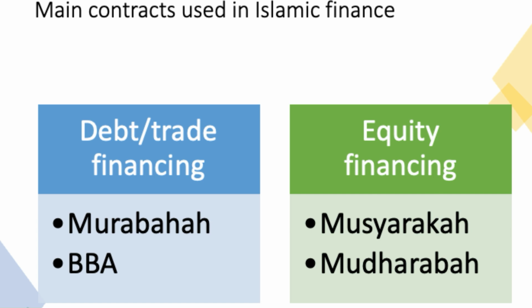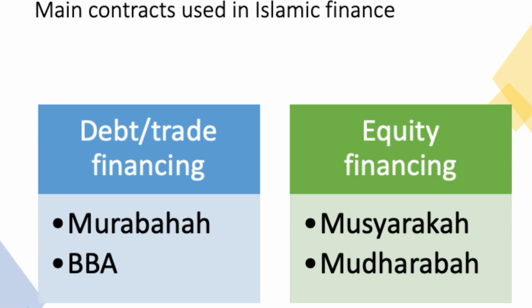Definitely there are other types of contracts used, such as ijarah or any other forms of contracts that can be utilized by the Islamic financial institution as long as they are not involving riba. For your information, these two major categories of contracts are up until today the main contracts used. We divide the contract into two big categories, these two. The first one we call the